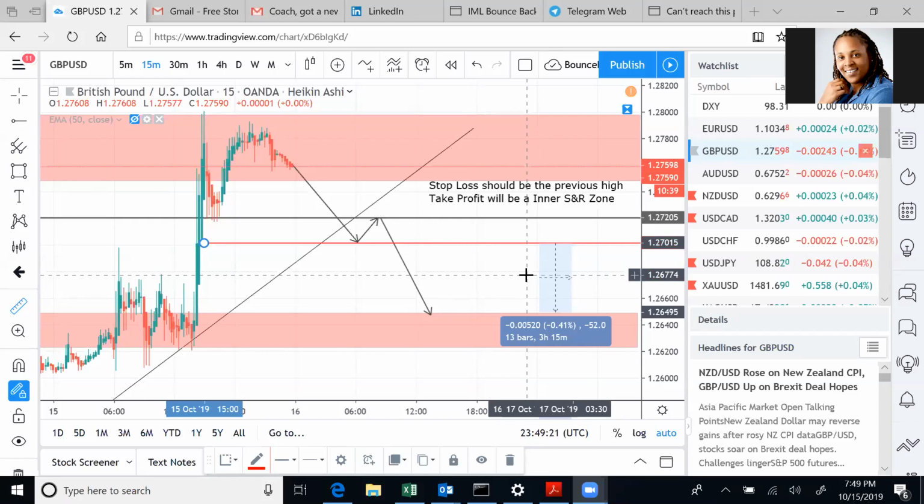But I'm going to give you a secret right now. When I made a lot of money in this market, it was when I was not staring at my chart. When I get busy and I mind my business and do the work that other people are paying me to do, and I set my trade and forget it, I just come back and I see TP hit. And even if I see stop loss hit,